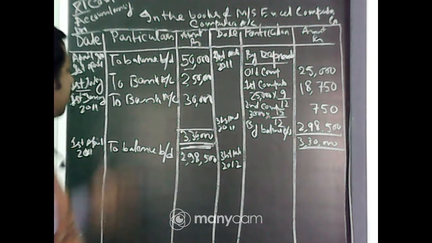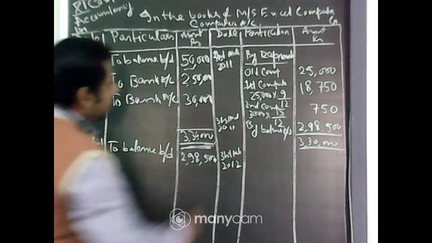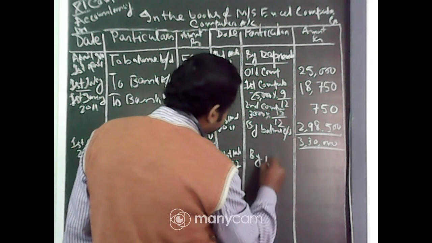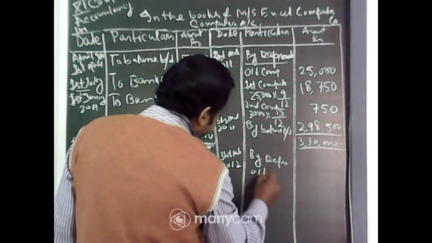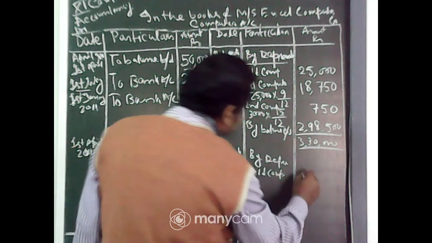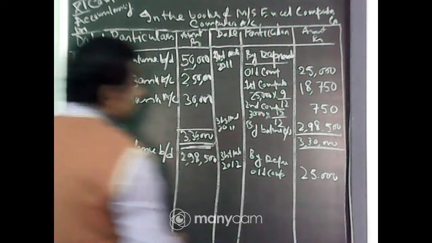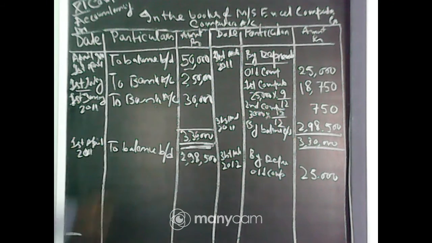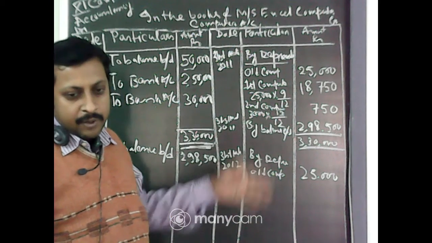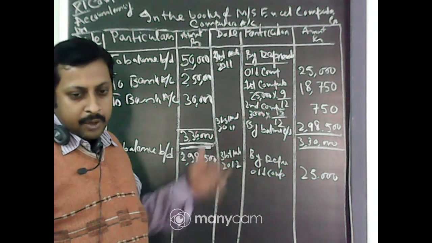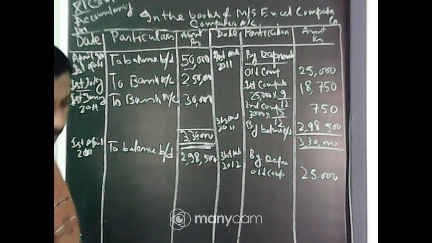Now, what we will do is charge depreciation for these 3 machines. So, by depreciation, now old computer, that is 25,000, as original value is 2,50,000. Now, in the second computer, the previous year we took 9 months depreciation, but this year this machine is used for the whole year, for the 11-12 financial year. So, we have to take full year depreciation, that is also 25,000.